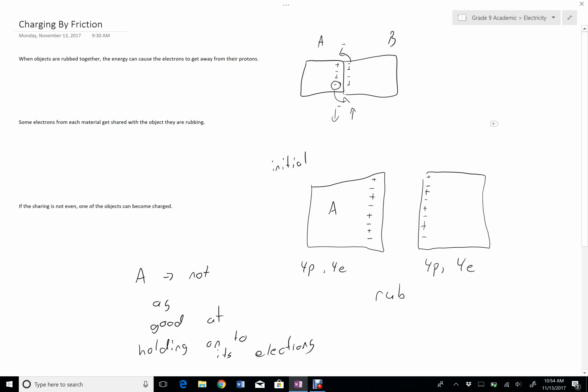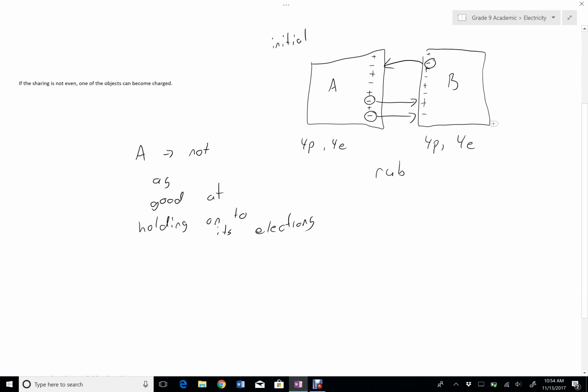That means that in the same amount of time that object B loses one electron to object A, A might lose two electrons to object B. So it's just not as good at holding on to those guys. So the sharing is not even because two electrons are coming to the right and only one electron is coming to the left. The final result of this would be